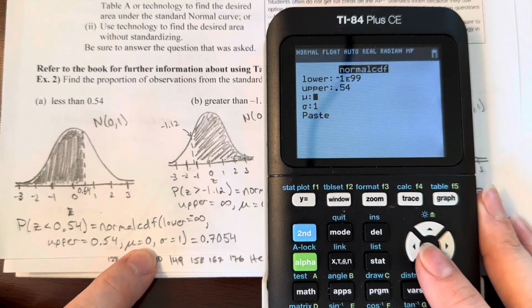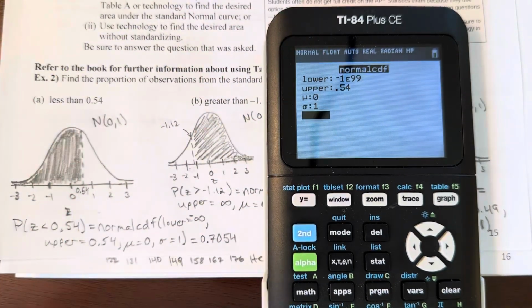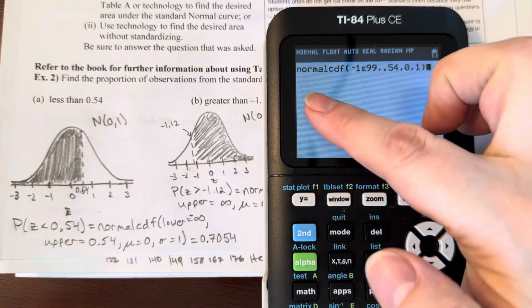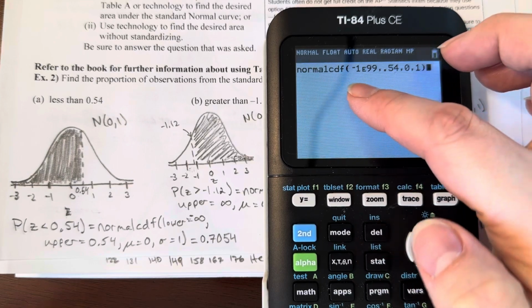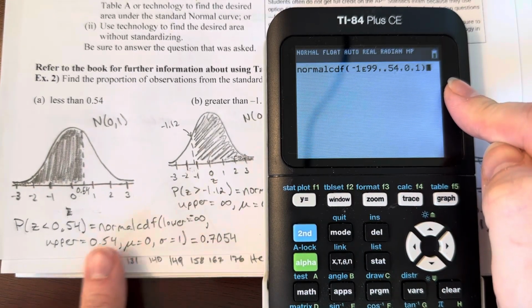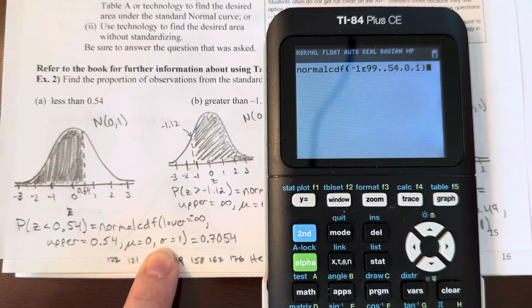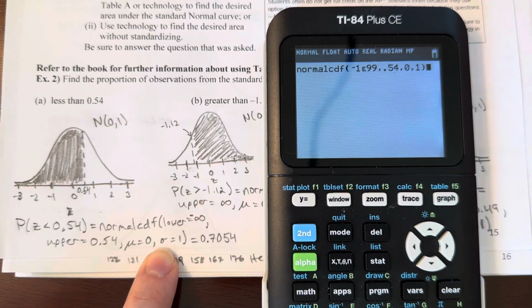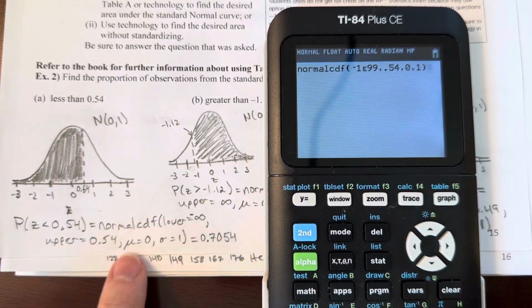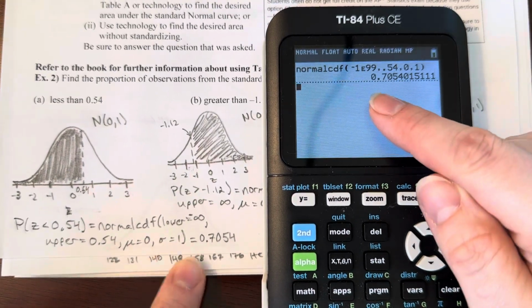My mean is 0, my standard deviation is 1, and I'm going to paste this into the normal CDF function. All right, so once you hit paste, it actually types out the normal CDF, and then it shows those separate values. Now notice that what we had in the MathType stats wizard blanks is basically what I've identified each one of these as. And then when we hit enter, I have